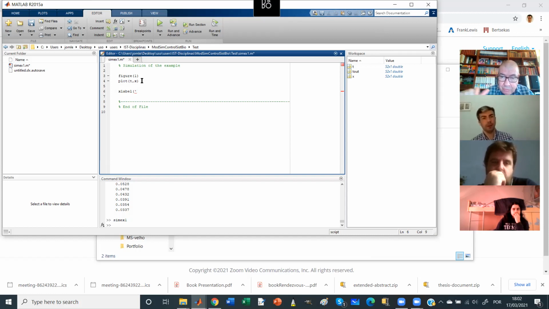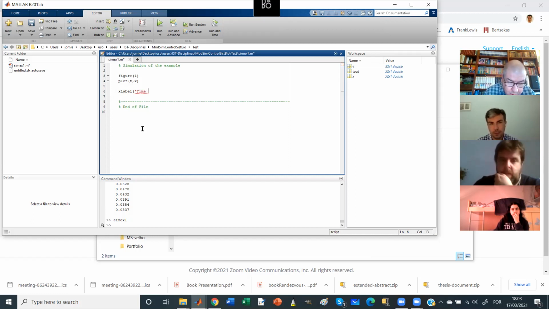Sometimes you have to do it because when you write something in the graphs, you always write a string. Imagine that you were doing simulations for different values of a parameter, and you want to write the values of the parameter. So you have to convert the parameter to a string and then write a string to identify on the graphic. Okay. So I do xlabel